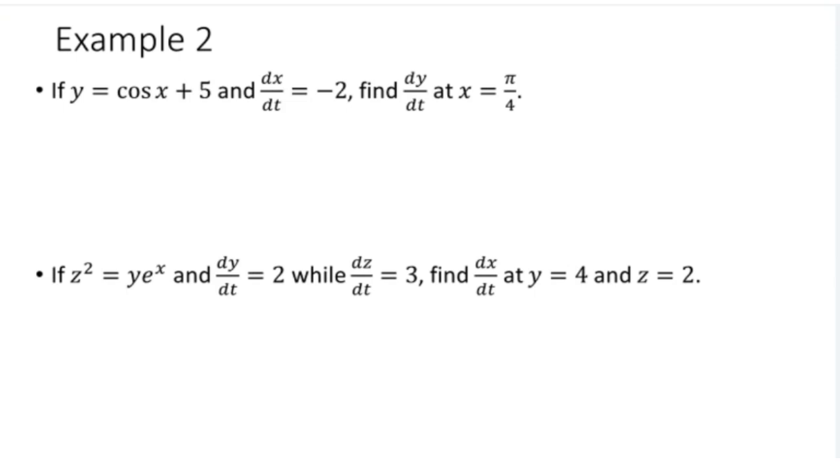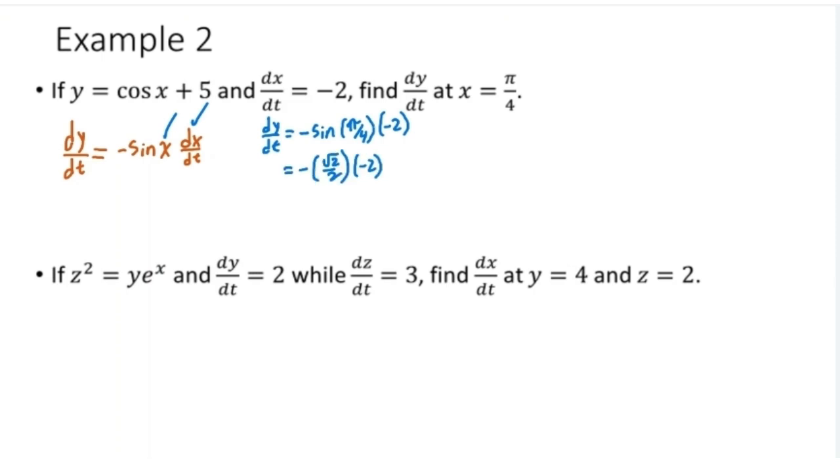The derivative of y with respect to time is dy/dt. As for our right-hand side, the derivative of cosine x with respect to t is negative sine x times dx/dt, the dx/dt coming from chain rule. The derivative of 5 is 0. Now our goal is we're trying to find dy/dt. Looking at our known values, we know dx/dt, we know x, so we do have everything we need to find our dy/dt. When we plug in our values, we get dy/dt equals negative sine pi over 4